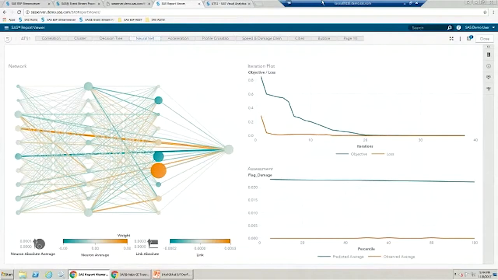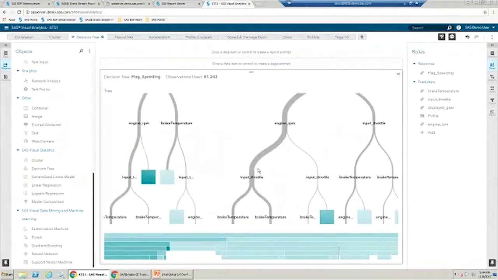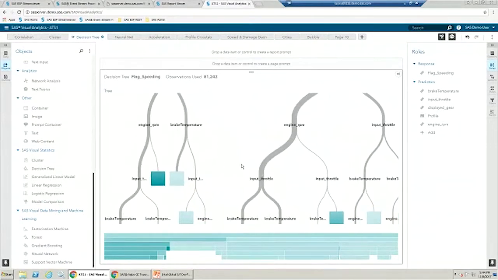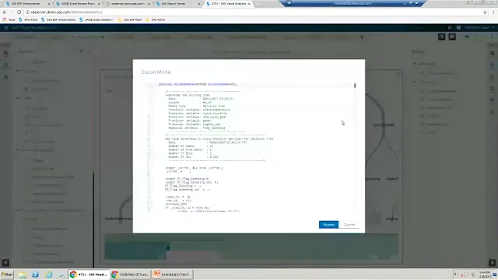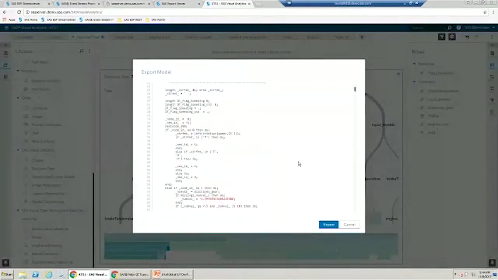There have been lots of use cases, of course, that you've seen in this particular conference. I just wanted to delve in a little bit more to complete that whole life cycle that we've been talking about. Once we have the information in the data center, we're looking at it with our visual analytics. We can take that information and go deeper into it. We can explore and work with that data, and ultimately we want to take the model that we've built and export it back to our event stream processing to complete that life cycle.